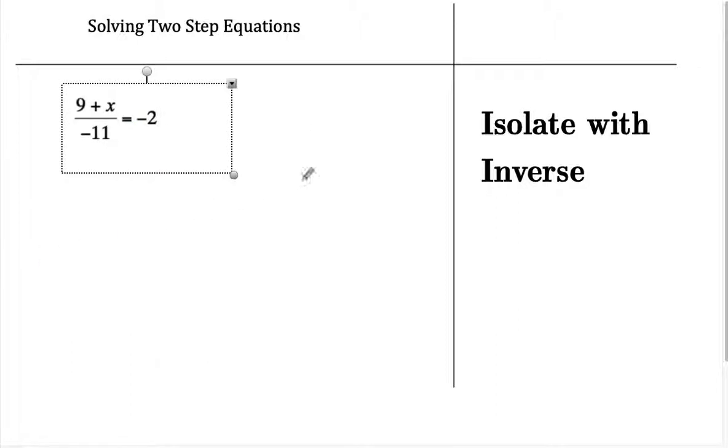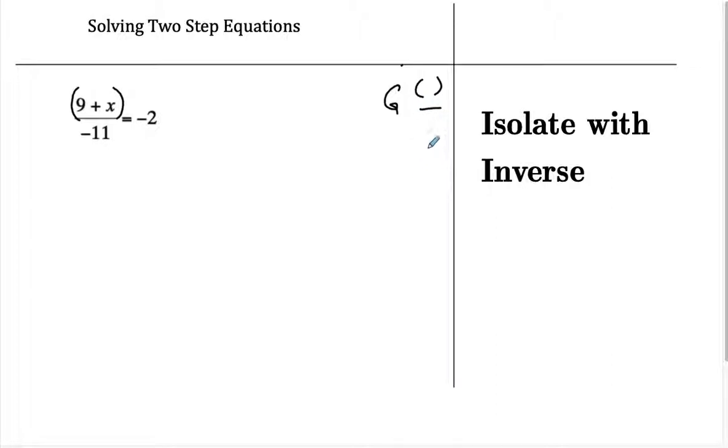One last example here. Let's take a look at this problem. So here I've got a value of x that's being added to 9. And then this whole quantity up here is being divided by negative 11 to give me negative 2. So remember again that this fraction bar is a grouping symbol, right? They could be parentheses, they could be fraction bars. So this grouping symbol is the last thing,